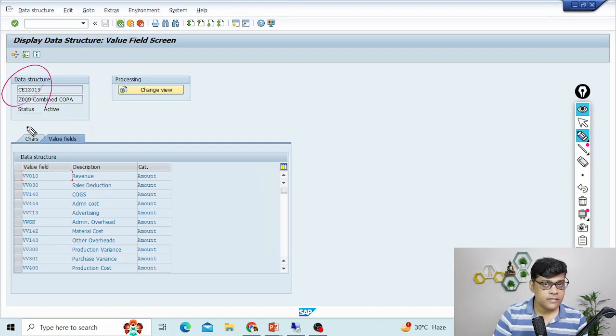But as this one is activated once again, so we can get the data. So that also we will check. Fine. So you got the idea about our combined COPA, the data structure, which is a combination of characteristics and value fields. Now, if we will see the document, if transactions as usual, you are going to perform the transactions,